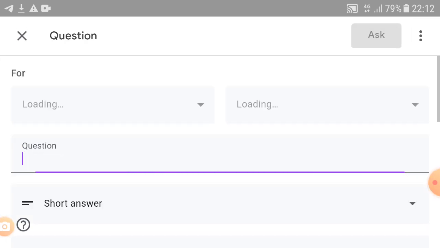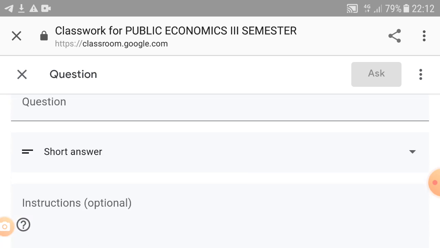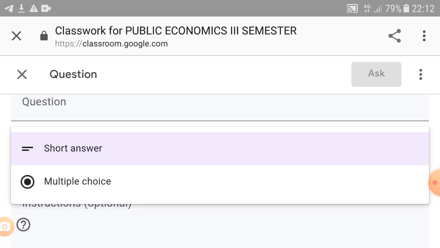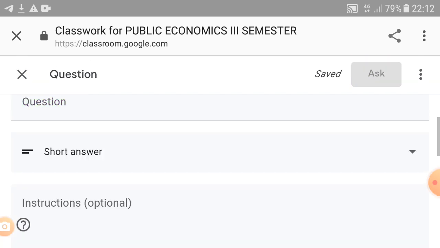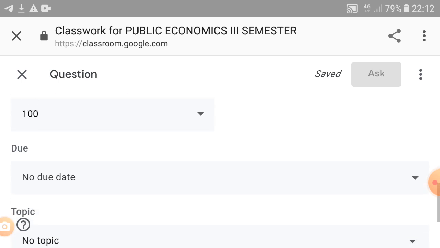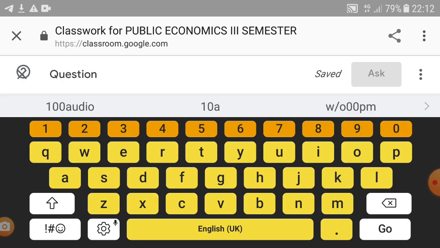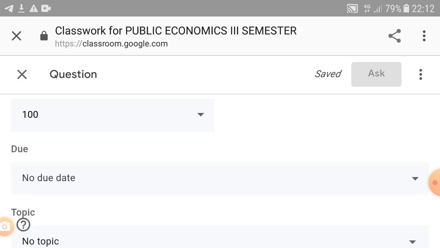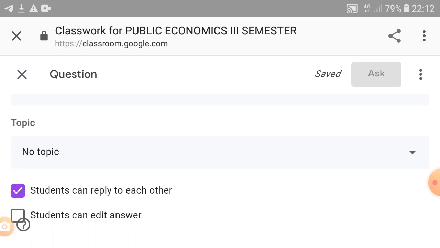You have to post the questions, either short questions or multiple choice, whatever the question is, and give the instructions, add anything, and create. Then the points: how many points you give for the particular question, 100 marks, 20 marks, 80 marks. The due date and topic name also have to be given.